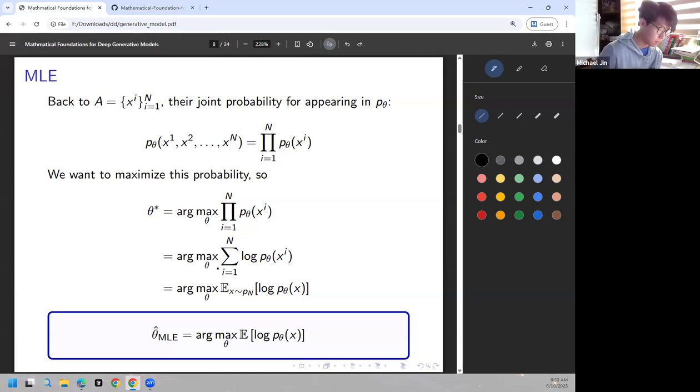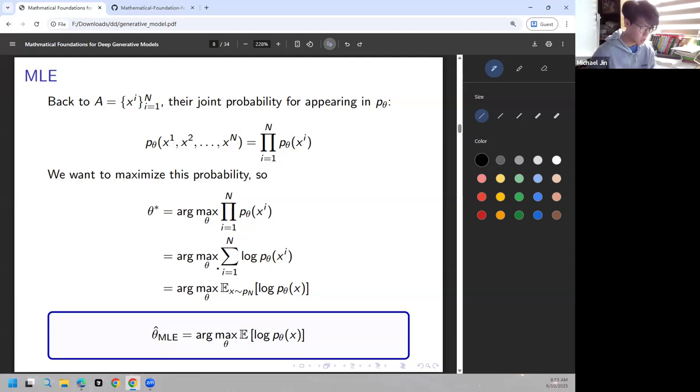And if we want to maximize this probability, it has a product sign, so we can use the log function to convert this product to a sum over all of the samples, right? So the argmax of the product of their probabilities is equal to the argmax of the sum of all log